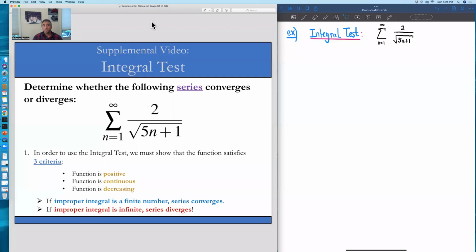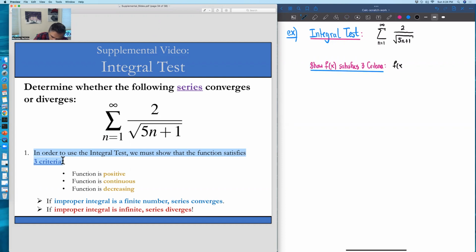In this video, we're going to use the integral test to help us determine whether or not a series converges or diverges. And remember, to use the integral test, we must show that our series function satisfies three criteria. And that's where we're going to start right now. So in order to use this test, we need to look at what our series function is first, which in